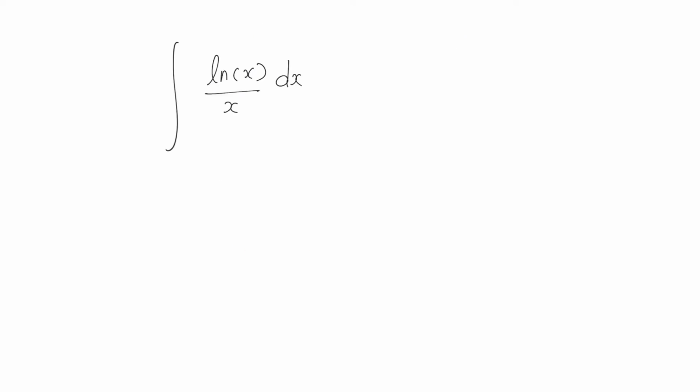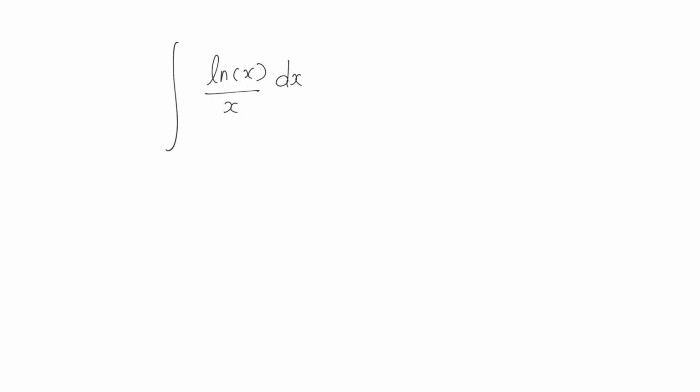For better understanding, we'll take one more example: integration of ln x divided by x dx. Over here, if you are having any confusion about which part we should take as t, there are two possibilities. Either we can take ln x equal to t, or x equal to t. But we can confirm which is the correct substitution. If I am differentiating ln x, the differentiation of ln x is nothing but 1 by x dx. So the remaining part of the integrand is consumed by the differentiation of this.